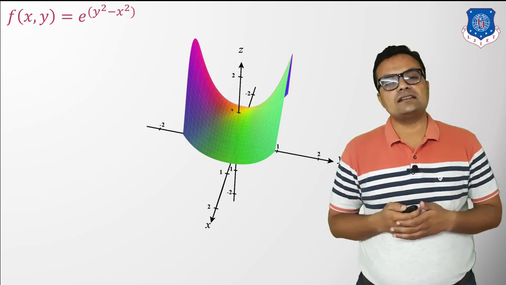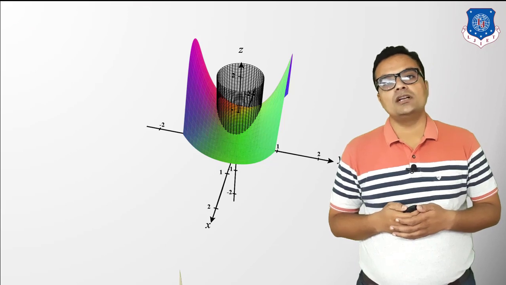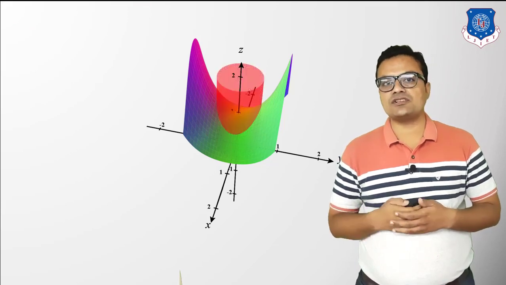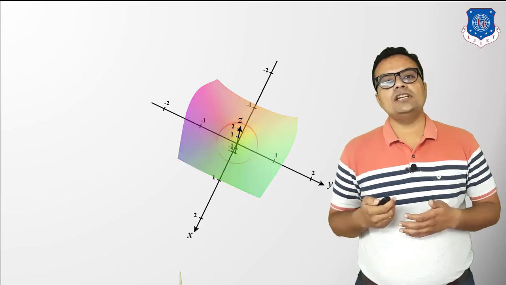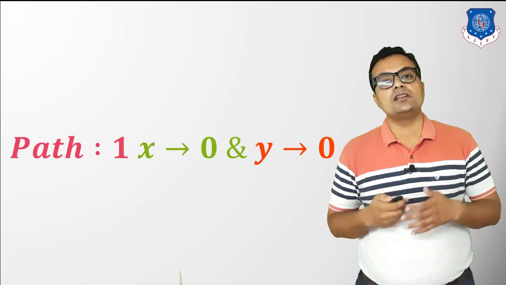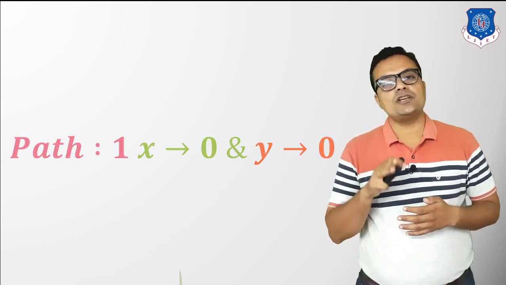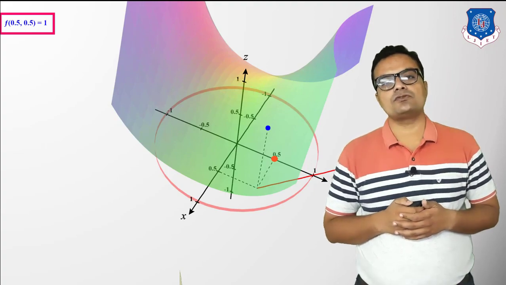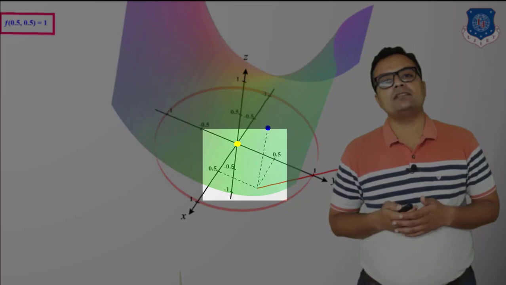I am considering a saddle surface e raised to y square minus x square. Again, my point of interest is origin. I am constructing neighborhood around this point, and slowly I will consider the top view and I am moving towards the paths which we defined already in our previous discussion. So here I am taking x tending to 0 and y tending to 0. So this is how first of all I will take x tending to 0 and then y tending to 0